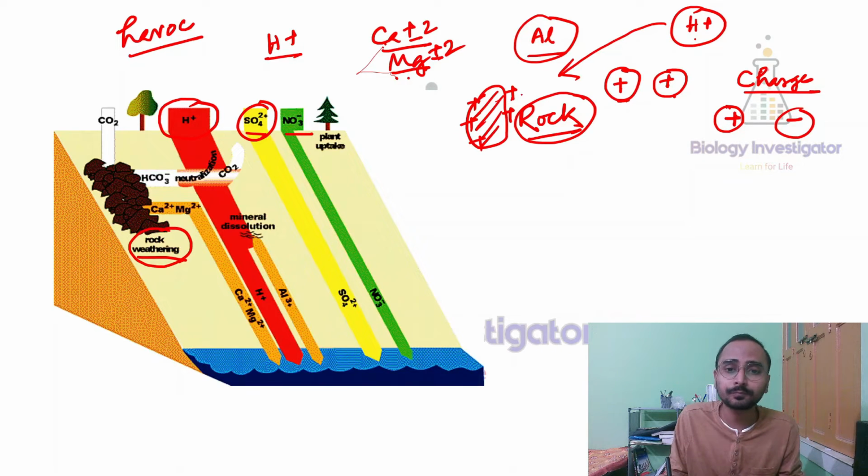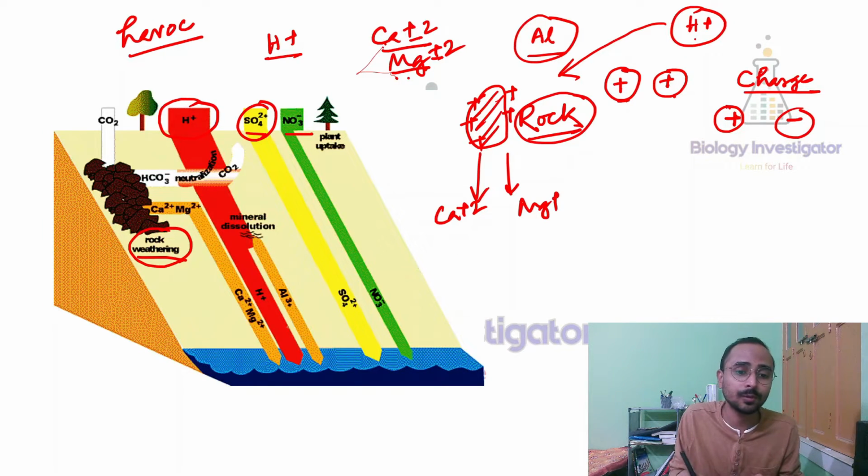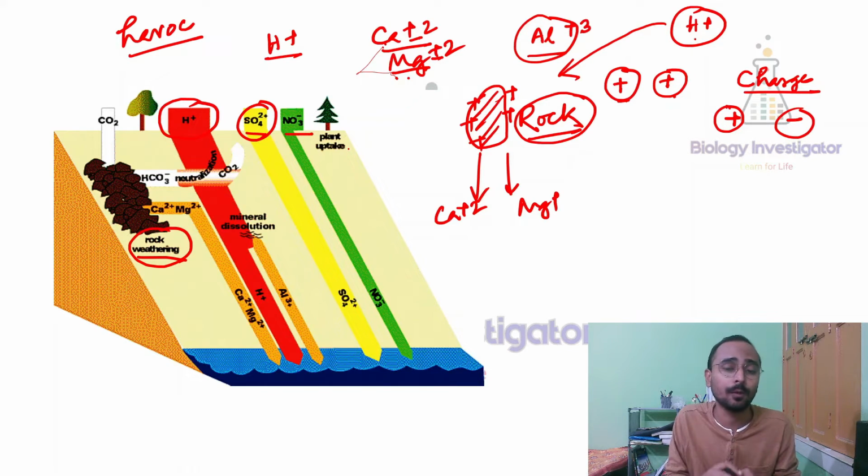H plus কি করবে? এই যে ক্যালসিয়াম, ম্যাগনেসিয়াম যেগুলো এই পাথরের মধ্যে রয়েছে, রকের মধ্যে রয়েছে, তাদেরকে এখান থেকে তাড়িয়ে দেবে, এবং ক্যালসিয়াম, ম্যাগনেসিয়াম এখান থেকে বেরিয়ে যাবে, এবং বেরিয়ে তারা জলের স্রোতের মাধ্যমে সোজা গিয়ে সমুদ্রে বা নদীতে গিয়ে মিশবে। এবং মাটিতে তখন ক্যালসিয়াম, ম্যাগনেসিয়াম বা অ্যালুমিনিয়াম কম পাবো আমরা, কেননা তারা মাটিতে গাছপালাকে পুষ্টি প্রদান করছিল।